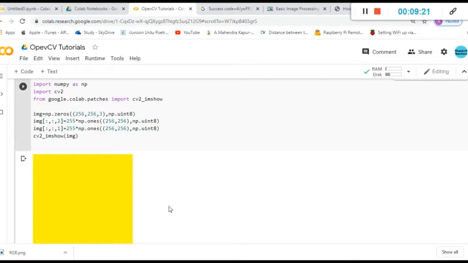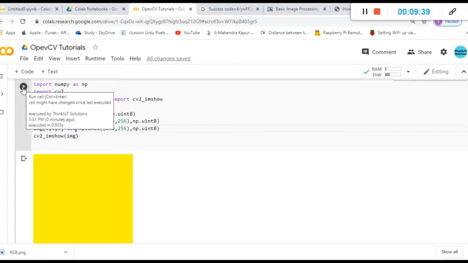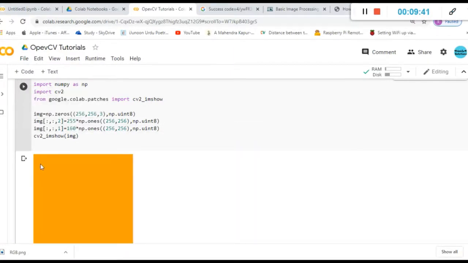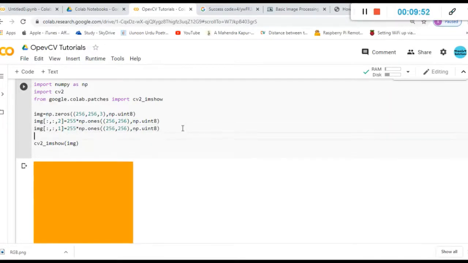So you got yellow. If you combine green and red in equal portions, then you will get yellow. Now I'll just reduce the pixel intensity of this. I'll just reduce it to 160. Now what will happen? The red content is more, whereas the green content is a little bit less. So my color should be closer to red. So therefore it is orange. Is that okay? So as you know, if you combine blue, green and red in equal quantities, you should get white. So therefore let me just paste a third one and I'll use a 0 indexing.